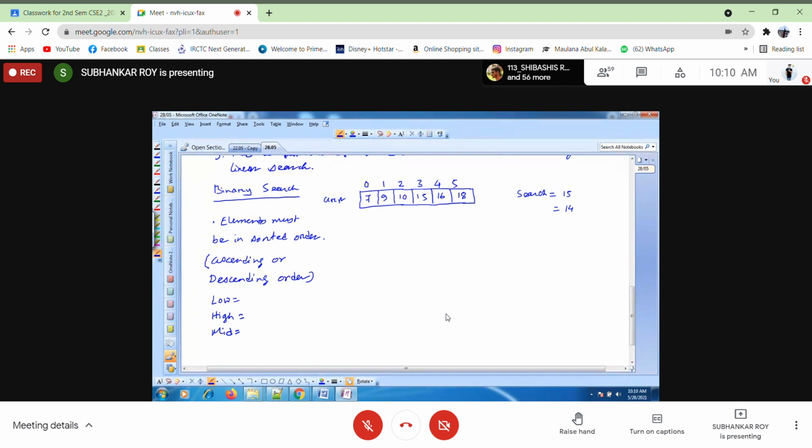Got it? Now low is what? First index element, that is 0, and high is N minus 1, the last index, and mid is low plus high by 2. Got it? So we have to update these three variables, low, high, mid, using this. Anyone wants to say something?